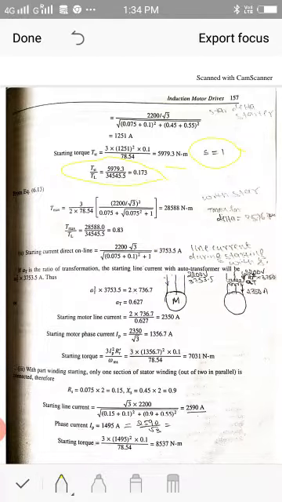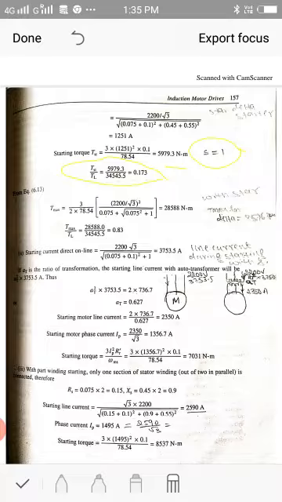Okay, so this is the picture for auto transformer shown here. I am going to apply this 2200 volts here, and I am using auto transformer, and I am reducing this voltage, and this voltage is being given to the induction motor during starting. As the motor picks up the speed, the auto transformer is removed and it is directly connected.